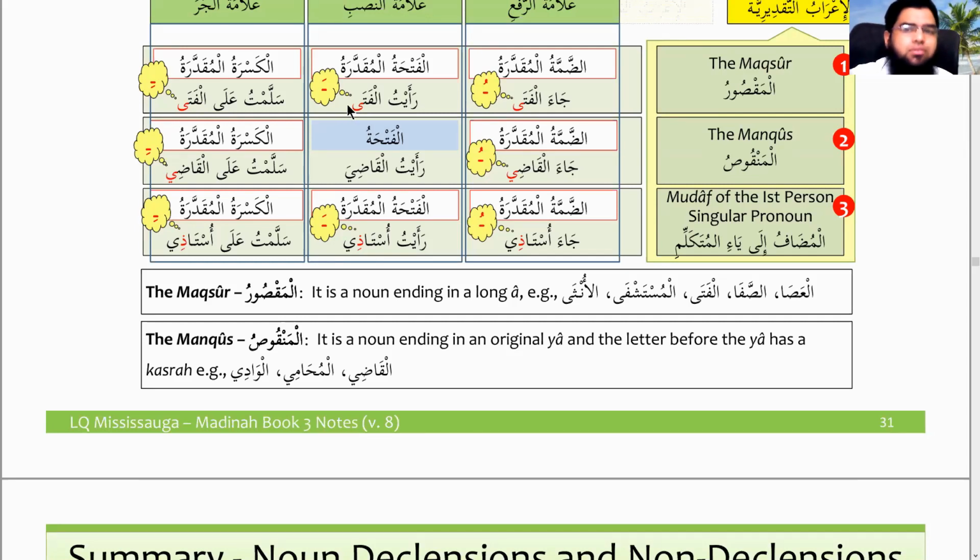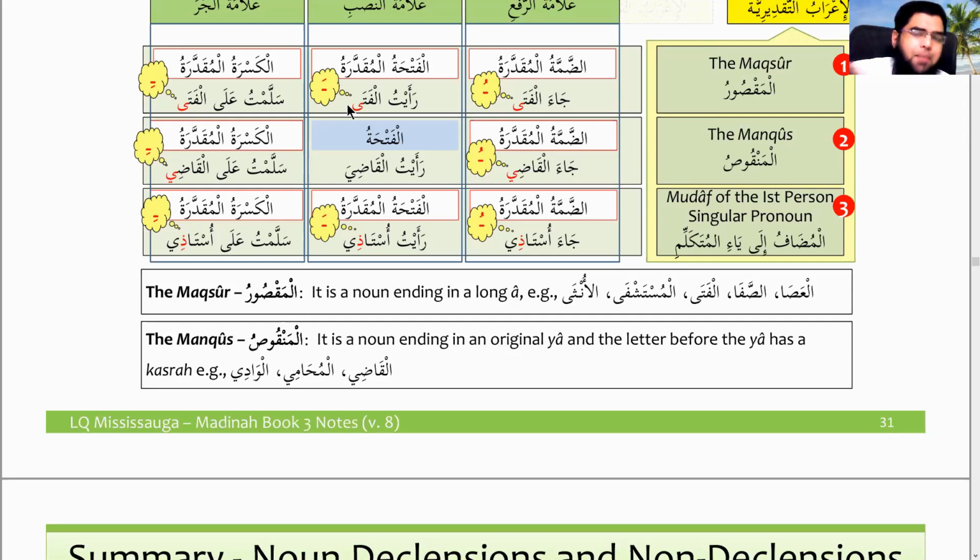Okay, madi we know is past tense. That's why it's called madi. Fail amr is command, the imperative form. We know that. But why is mudare called mudare? Anyone? Present? Mudare doesn't mean present. No. Dara is to have similarity. So mudare has similarity to nouns, right? That is why it is called mudare. Dara is to something which has similarity, tashabbaha, which copies.